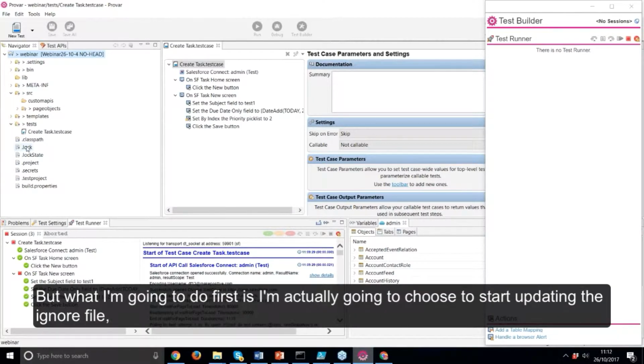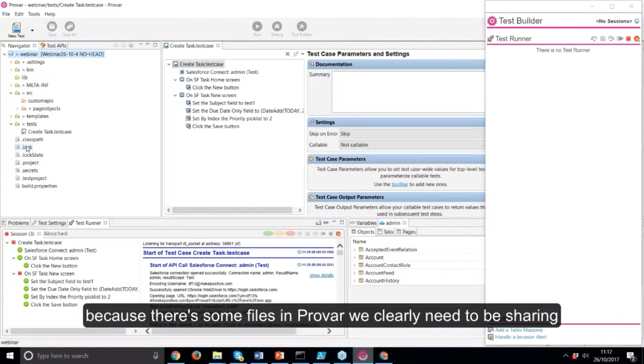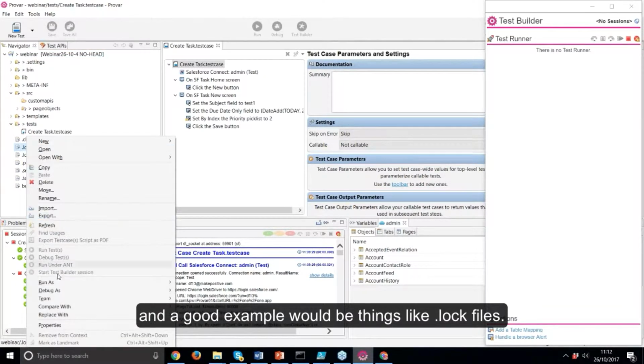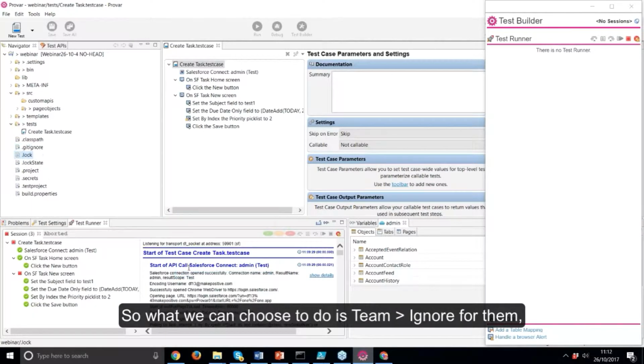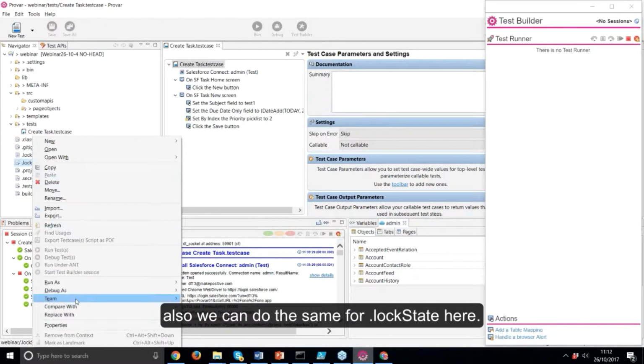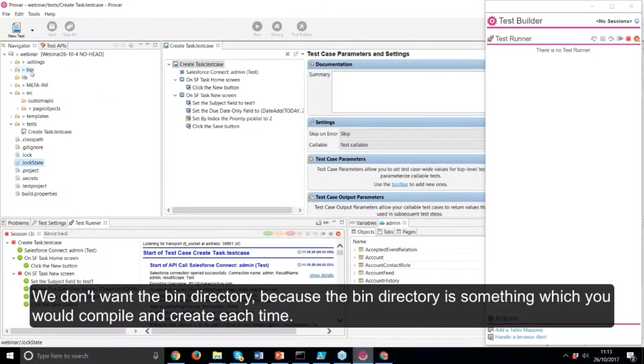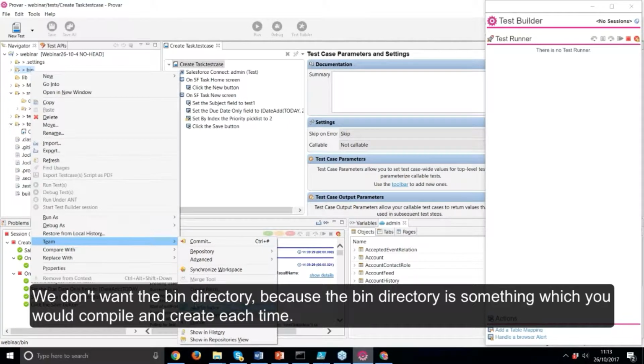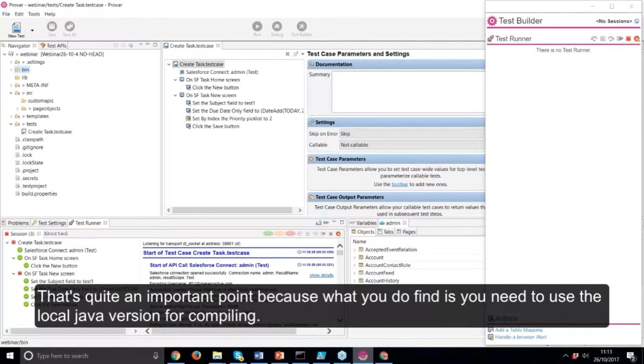But what I'm going to do first is start updating the ignore file, because there are some files in Provar we clearly need to be sharing, and there are some files we don't want to share because they're transient. A good example would be things like log files. So we can choose Team, Ignore for them. Also, we can do the same for the log state here. We don't want the bin directory, because the bin directory is something you would compile and create each time. That's quite an important point, because you do find you need to use the local Java version for